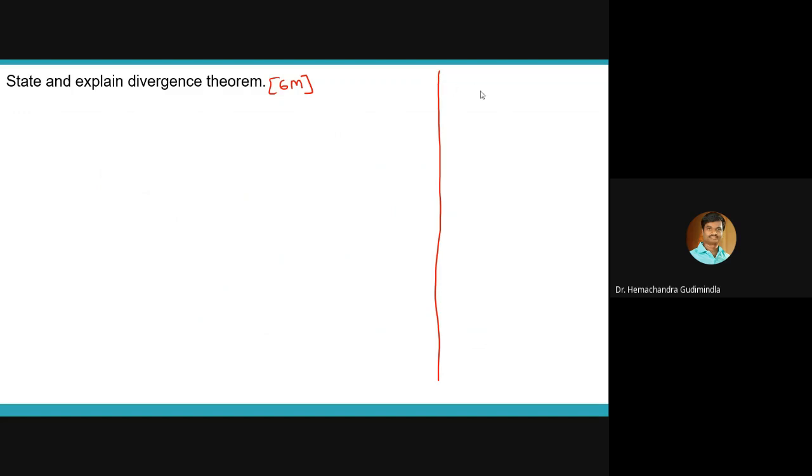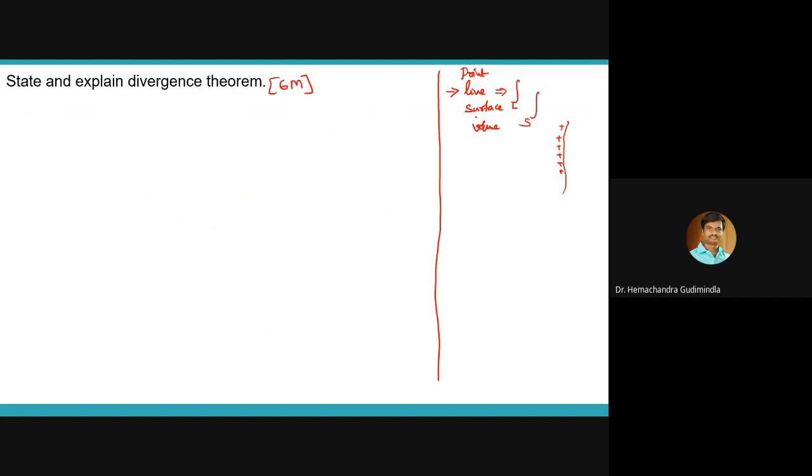Simple: how the charge is distributed in the space. The charge may be line charge, surface charge, or volume charge. You can even consider a point charge also. Now, if I want to find the total charge, for example, here is my line charge, and the charge is distributed along this line. If I want to know the total charge, what do we need to do? We just need to perform the integration over a line.